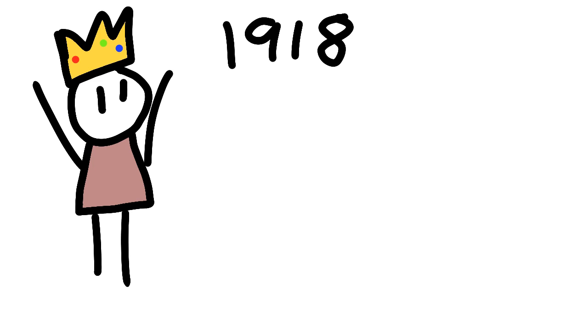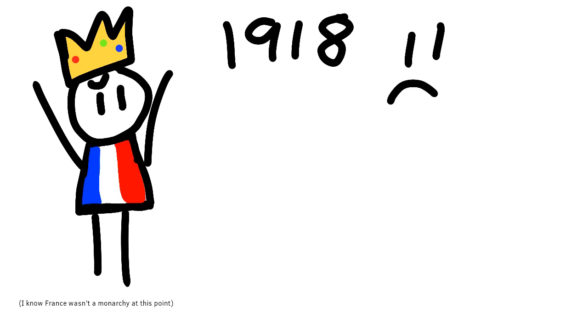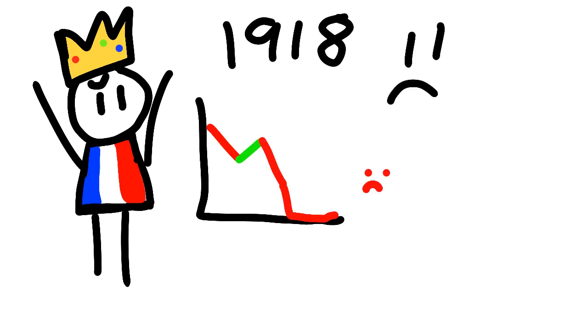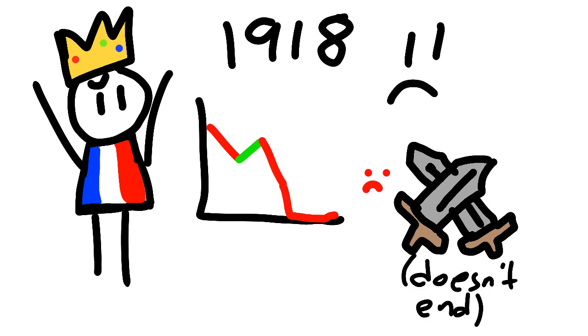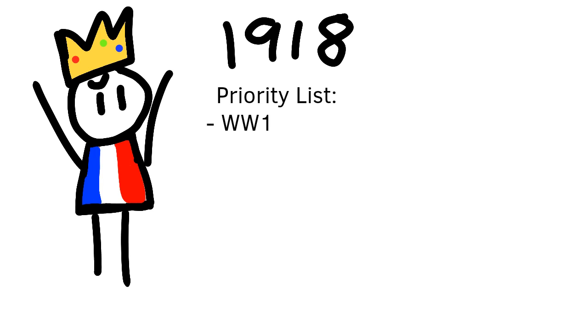So imagine for a second you're the leader of a country in 1918. Chances are things are going pretty badly. Your economy is failing, your morale is low, and you're stuck in a war of attrition. What does this mean? A war of attrition is aimed to weaken the other side to a point that they can no longer fight. This obviously drains a country's resources immensely. And right now, that war, World War I, is kind of a big deal. So all your country's resources are going to fight the enemy.